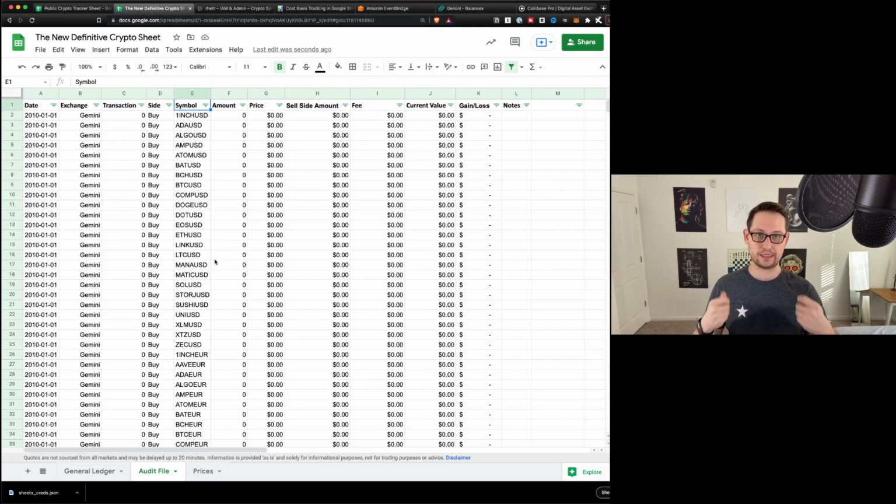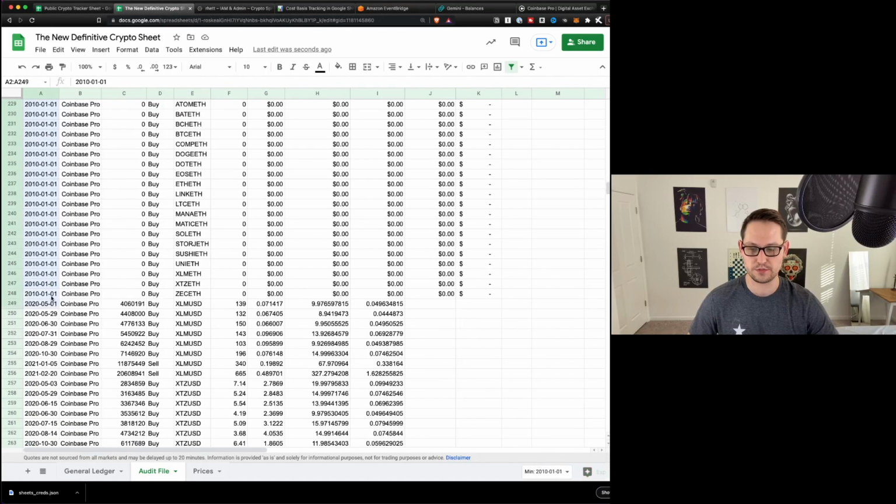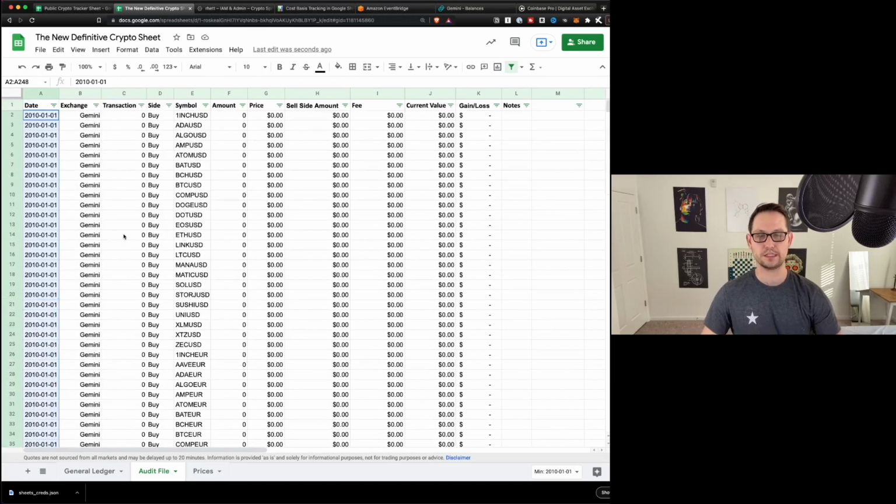Okay, so now that we've gone through that demo of how the spreadsheet works and we've seen that we can automatically populate transactions and schedule that on whatever recurring basis that we want to, let's talk quickly about just how the spreadsheet generally functions and some of the things that it does and some of the things that it can't do yet. So first of all, these first 250 right now rows are in the spreadsheet because the way that the spreadsheet